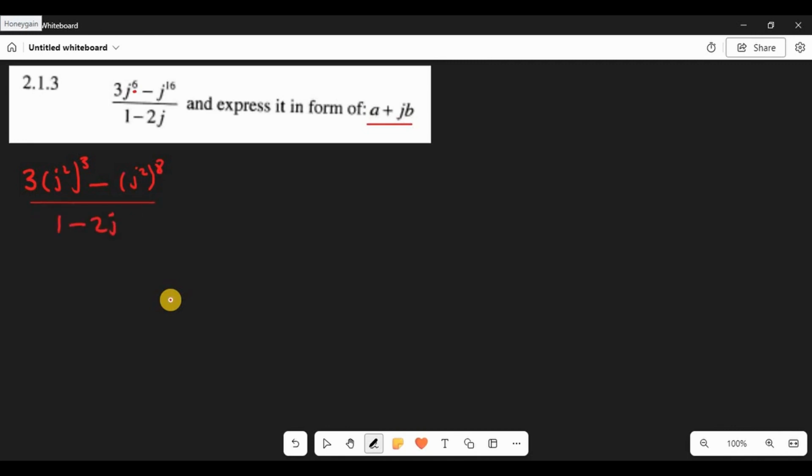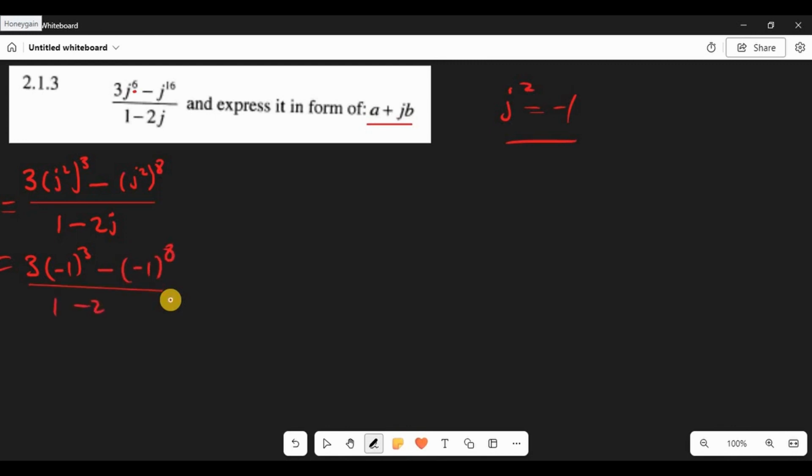Now, the reason why we say j to the power of 2, I repeat again, j to the power of 2 is the same as negative 1. I made a video on this. You can go and watch it on the video section. Alright, so we can say 3, wherever there is j squared, we put negative 1 to the power of 3. Minus j squared, we put negative 1 to the power of 8. Divide by